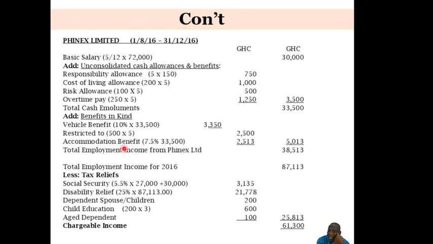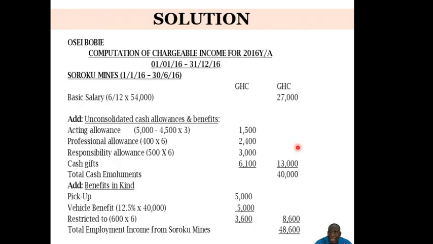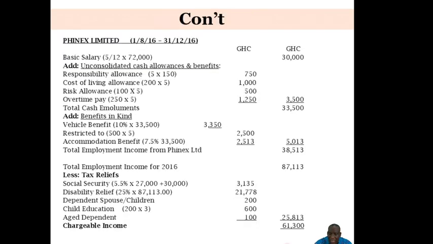And it was only accommodation only, so it will be 7.5% of the total cash emolument. So this figure, you find 7.5% of it. Okay? And here too, the vehicle benefit calculation, the figure was more than the restricted. So you restrict the answer to this one, 2,500 times 5. And then when you add it to the total cash emolument, you get a total employment income from Phoenix. Okay? And then when you add the two employment incomes, you get a total employment income, that's the 38,513 plus the 48,600. That is giving you